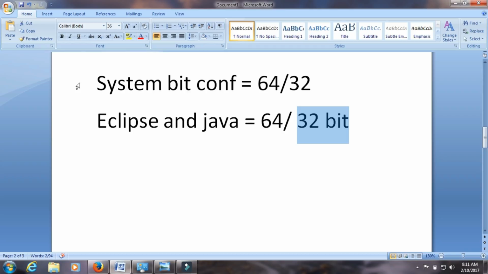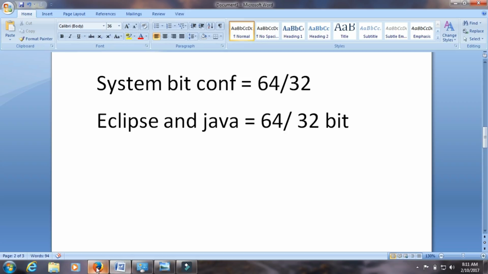So the thing you have to note is that the system configuration bit and the Eclipse and Java configuration bit must be the same. For 64-bit, use 64-bit; for 32, use 32. If you follow the pattern, this type of error will automatically be removed.